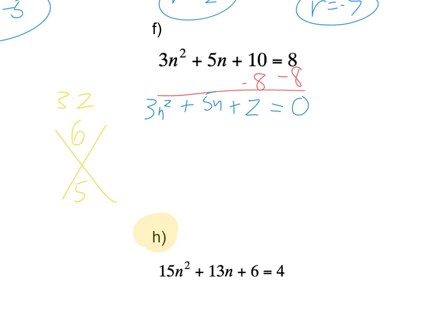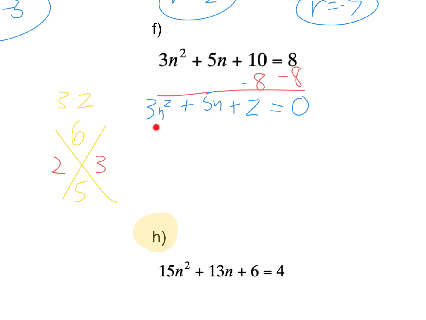And funnily enough, they're the two factors I just wrote up here, our a and our c value. So that's just a coincidence. But if we have 2 and 3, those add together to give us 5, and those multiply together to get us 6. So from last section, we learned once we get our factors this way, when we had to multiply our a and c value for the product,